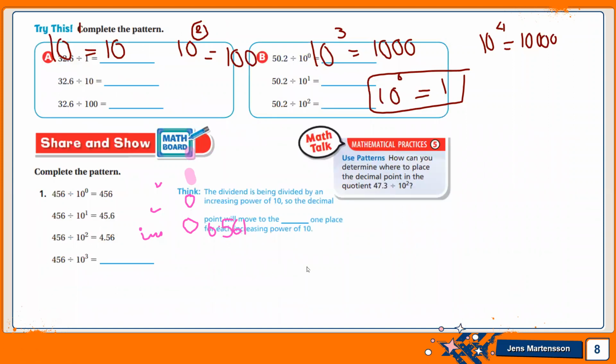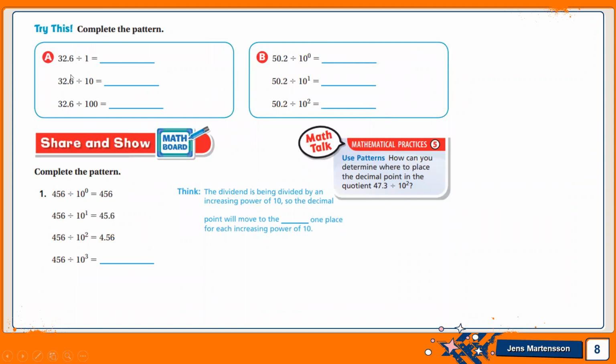Yeah, let's see this one here now. 32.6 divide by 1. Okay, so what does it mean? You have to keep the number as it is. The second one. Let's start now with